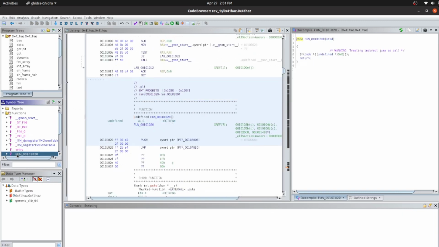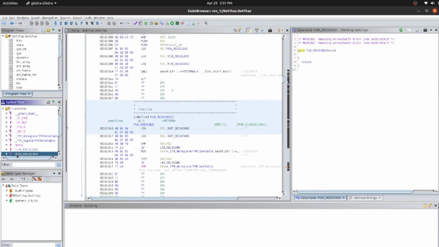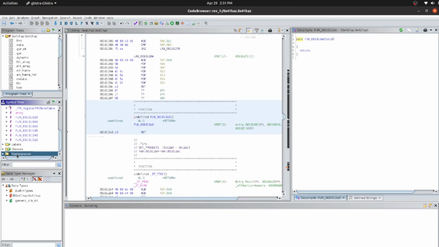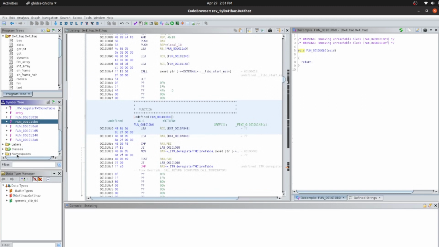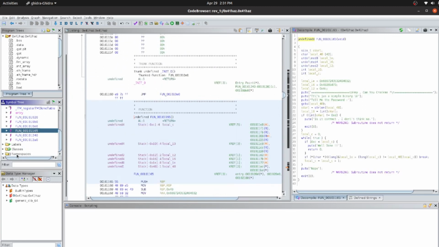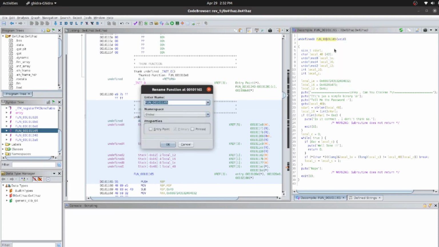to spot the main function. Here I don't see any function called main. However, if I navigate the functions one by one, here I can see the specific string. You can see this window, right? This window is the decompile window. Here you can see the decompiled code view of the disassembled part. Yeah, here is the function. I can rename this function as main. So this is my main function, and